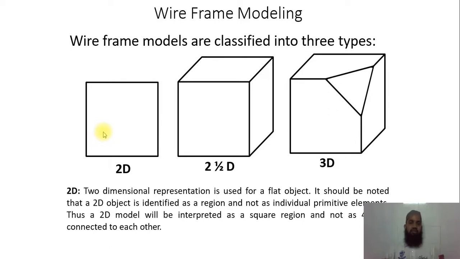In the lower classes, in semester 3, you have a subject CAMD, computer aided machine design. In this case we use software like SolidWorks and CATIA. In our college we are using SolidWorks. In SolidWorks you first select the plane and draw the 2D sketch, and after the 2D sketch you go for extrusion, you extrude that sketch for the 3D. So here 2D means that it's not a point, it is four lines connected with each other in a square form. So this is called 2D.